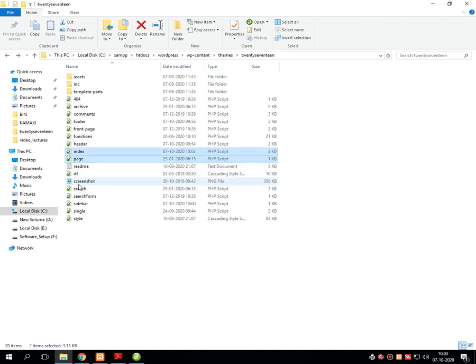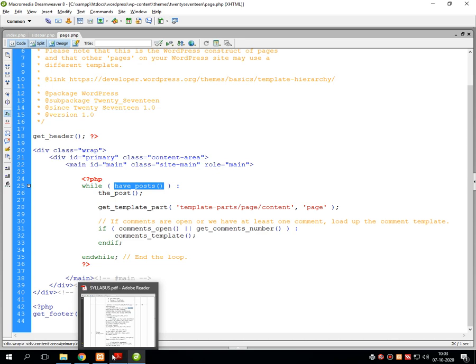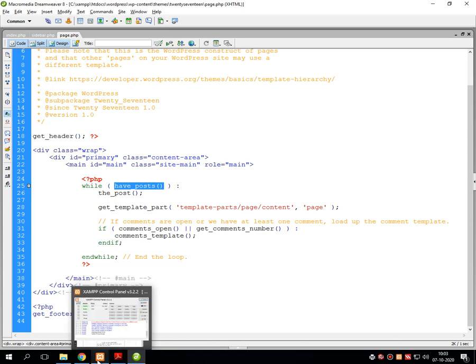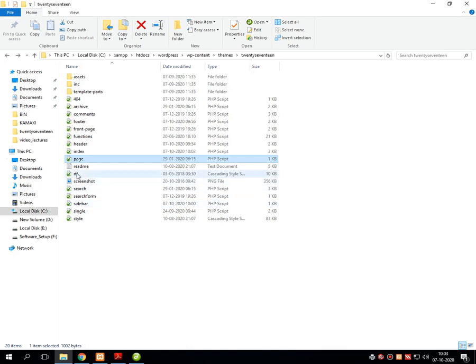Just open these two files in Macromedia Dreamweaver and try to have a look at all these sections, which contain the detailed discussion. So this is index and page.php. Then home.php, that is similar to this one, but it might be created separately over here.